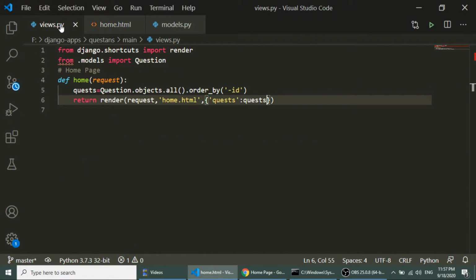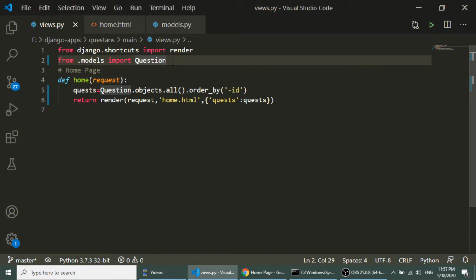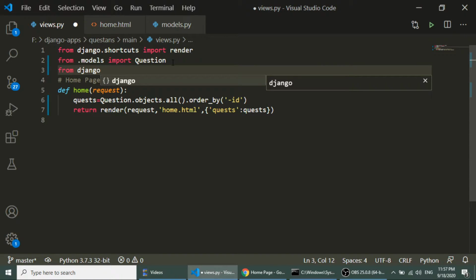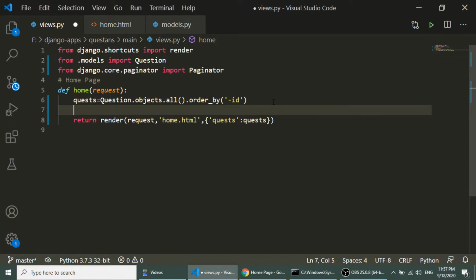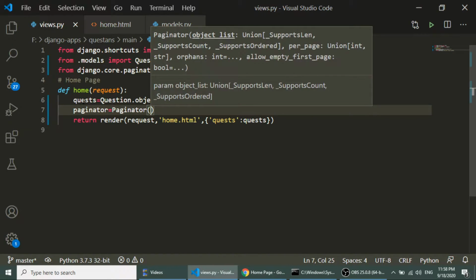For pagination we will import the Paginator package which Django provides us, and here we will add some functionality for the paginator. So we will add this equal to Paginator, and we will pass the object here.